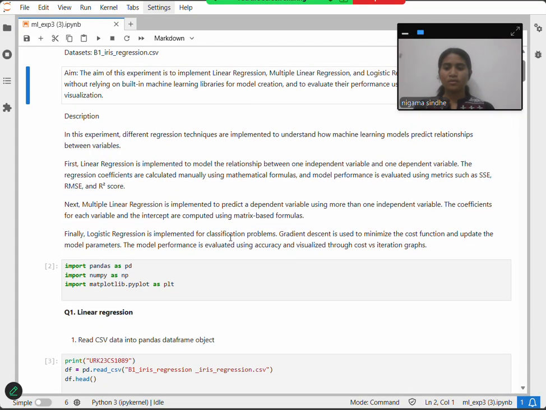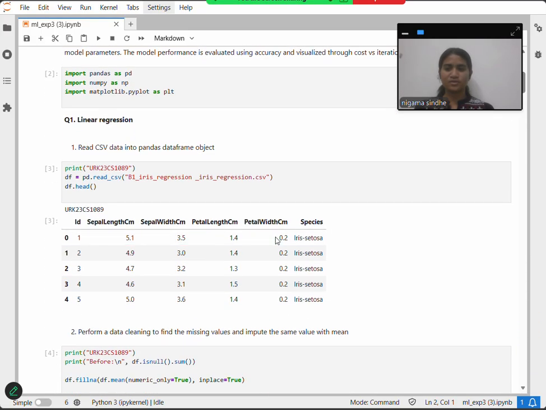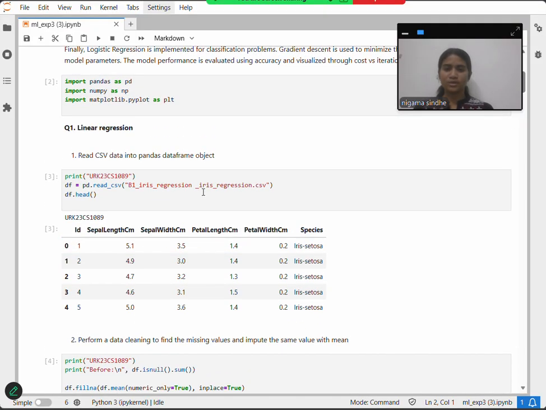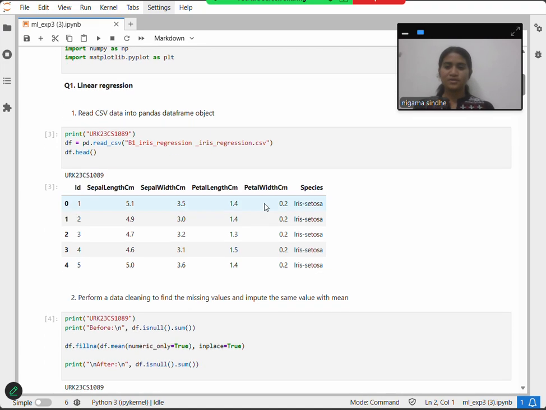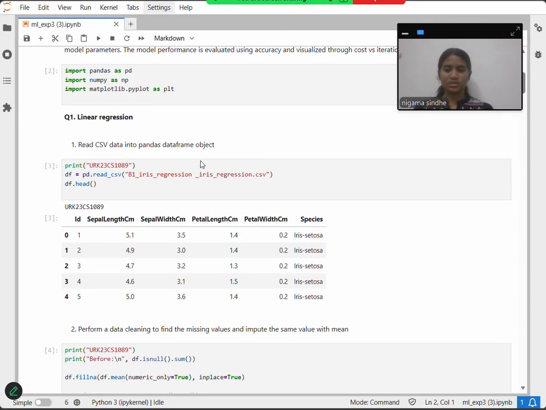visualization. As we are going to look into it, first we are going to import the necessary libraries, which are pandas, matplotlib for visualization and numpy for measuring statistical metrics. Here we are going to implement this without any scikit-learn libraries and any built-in functions. First we are going to import the dataset, which is a CSV file,